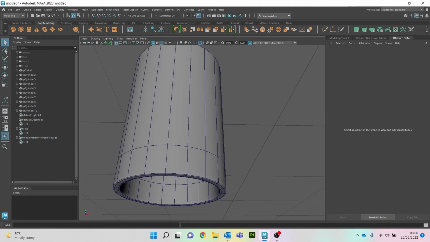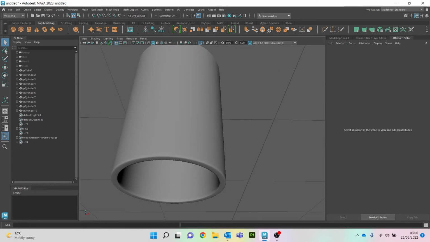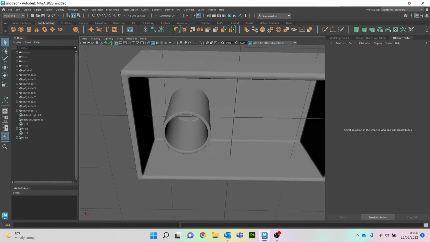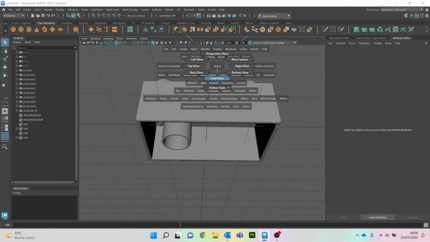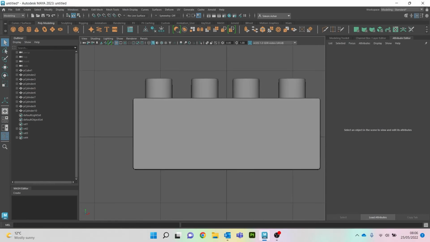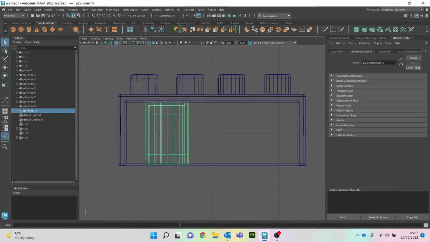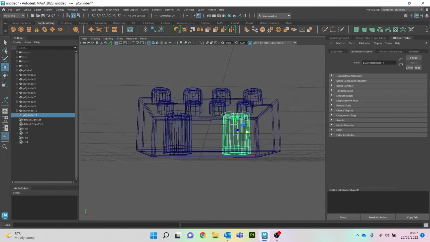Go to object mode, hit 3, and then turn off wireframe to have a look at it. Like that. Then I can press Control 1 on my keyboard again to unisolate. And then we've got 1, so I'm then going to just go to front view, turn on unshaded, click on the object, Control D to duplicate, press W for the move tool, move that into position, go to perspective,